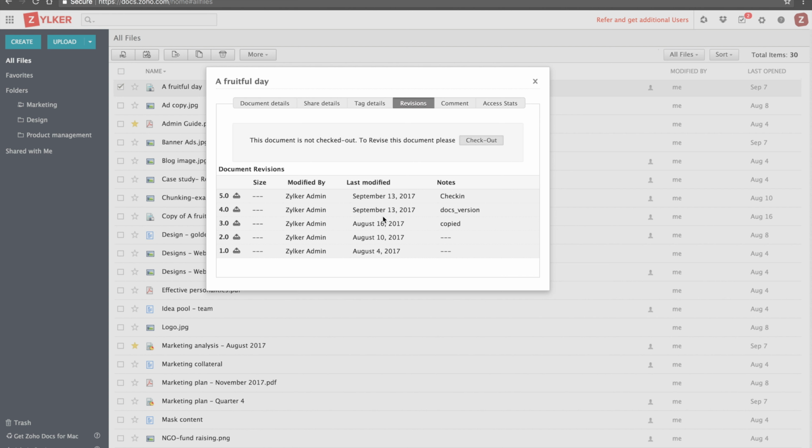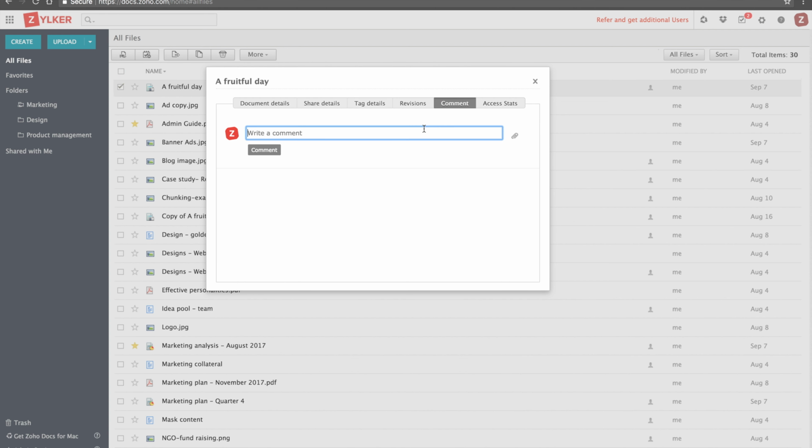So you can see all the revisions that have been made to this particular document and the notes for that particular revision. You can also enter a comment to this particular document so that any member of your team, while accessing this document, will quickly get to know the status of this document or any other thing that you'd like to say.